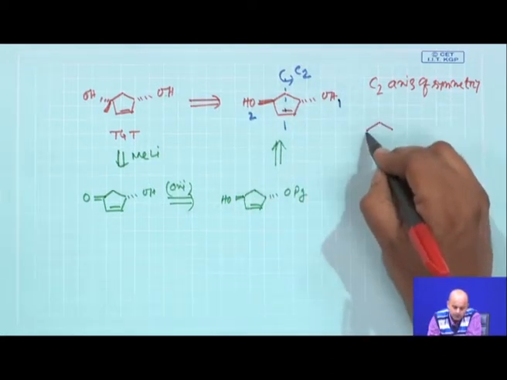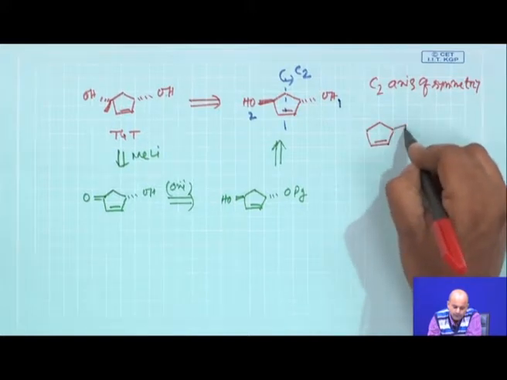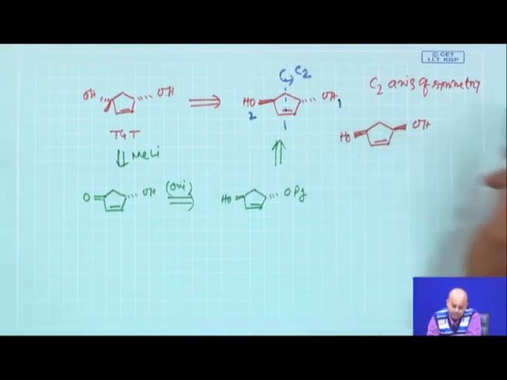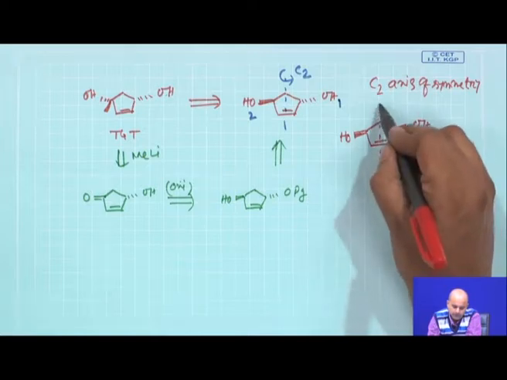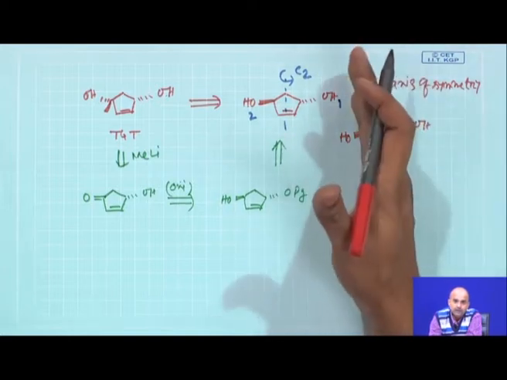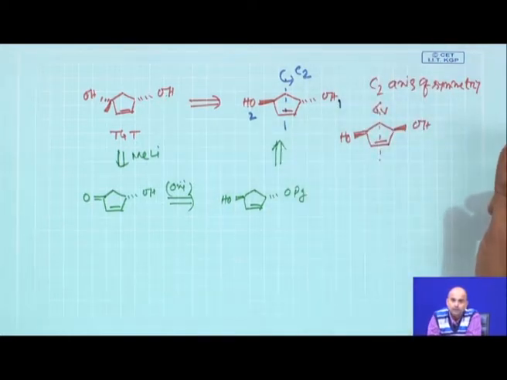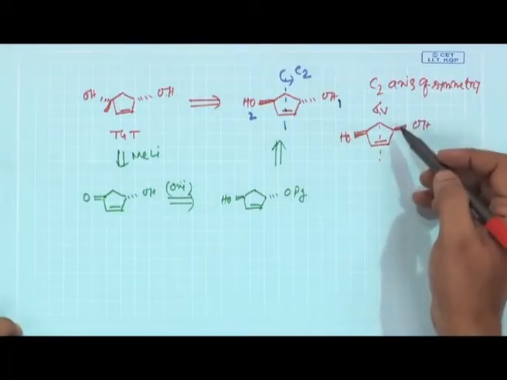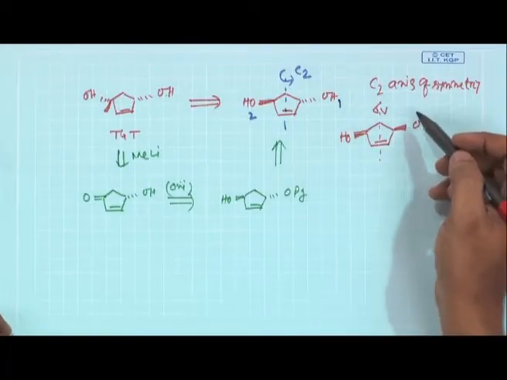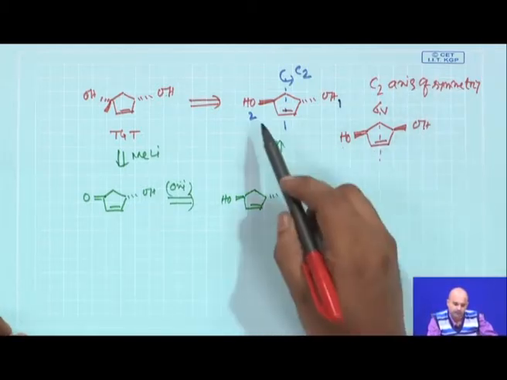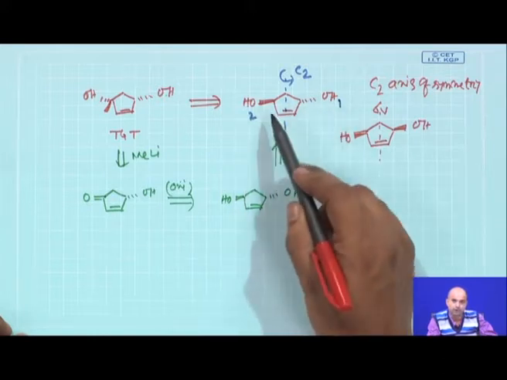Now, the other consequence you might have is if you have a compound like this, where both the hydroxy are above the plane. Now, this compound has a sigma V. Sigma V means you can put a mirror in the center of the compound. So, left hand and right hand have a mirror image symmetry. Now, non-superimposable mirror images are called enantiomeric to each other. So, that is why these two OH are enantiotopic to each other, and these two OH which have C2 symmetry are homotopic to each other.